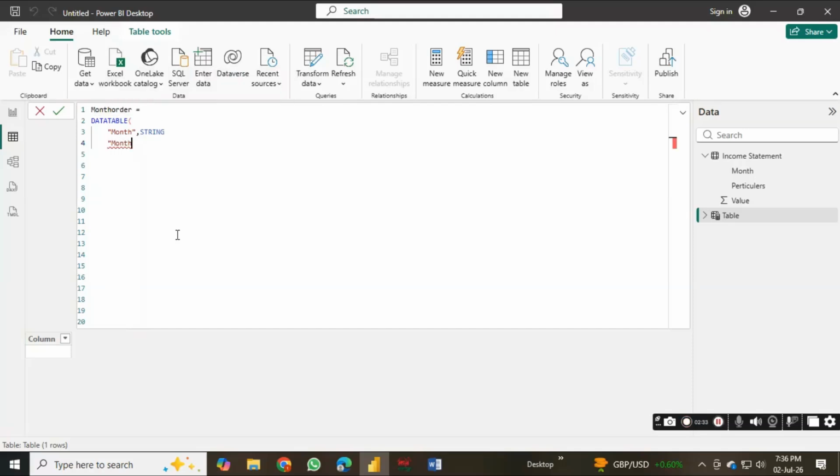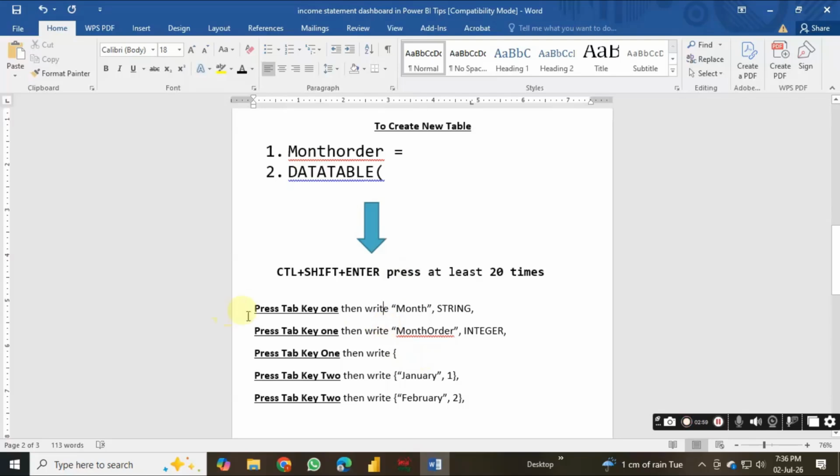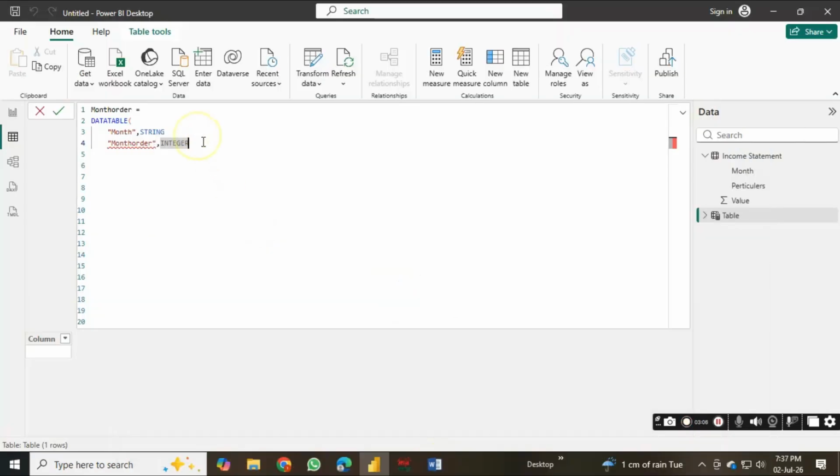then double inverted commas, comma, just write integer. Just write integer and then press tab on month integer and then press tab once to write this second bracket. Okay, just comma and then press tab once, then write second